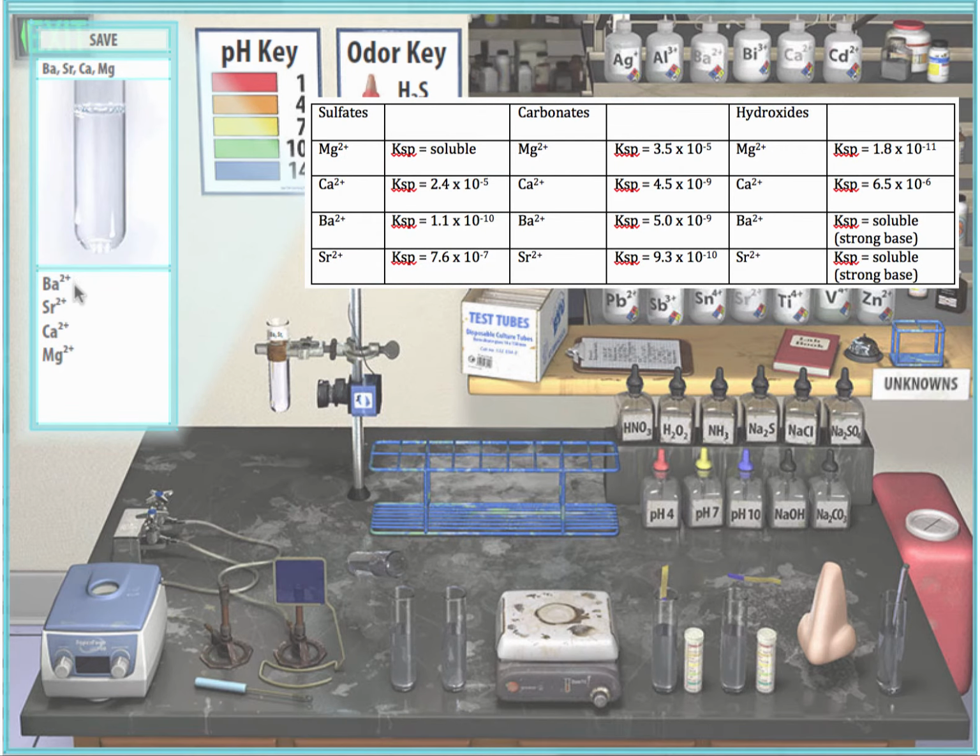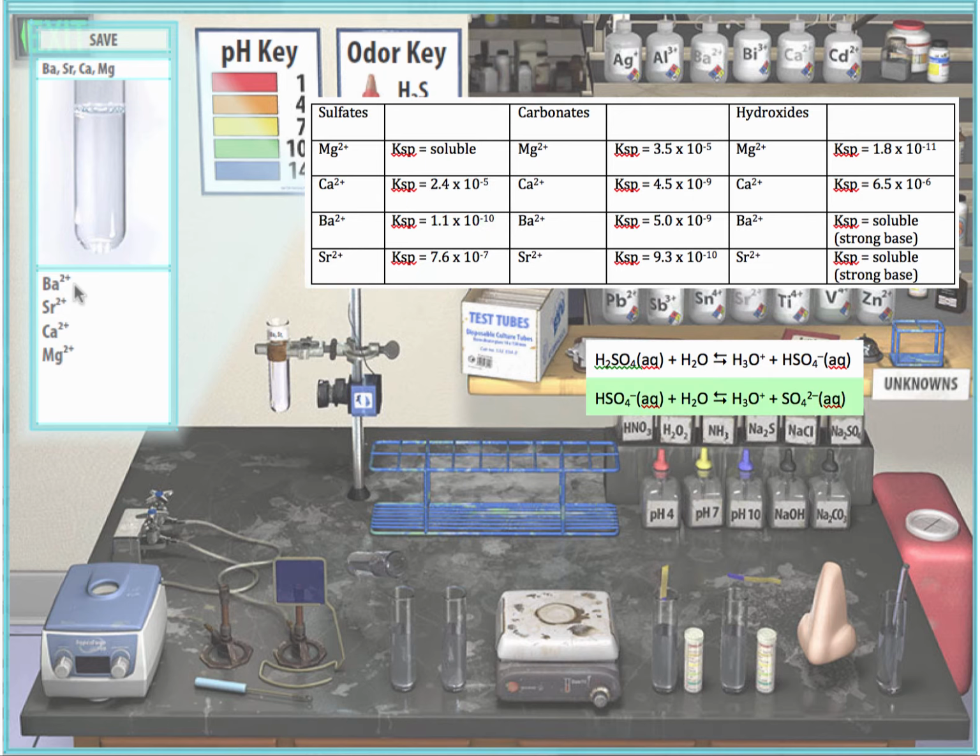Recall that the sulfates are one possibility. It turns out carbonates are another, and hydroxides are another. If we look at the KSP of barium and strontium sulfate, we find that they are much less soluble than calcium or magnesium, so we can pull them apart, barium being the least soluble. The other advantage we have is that with pH we can control the sulfate concentration through the Ka2 of sulfuric